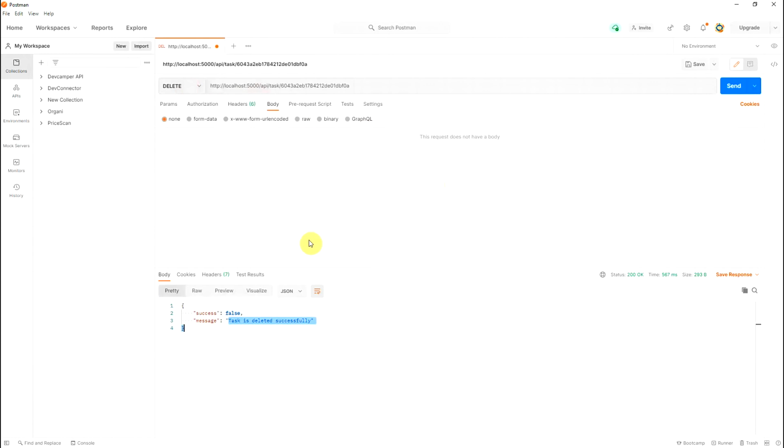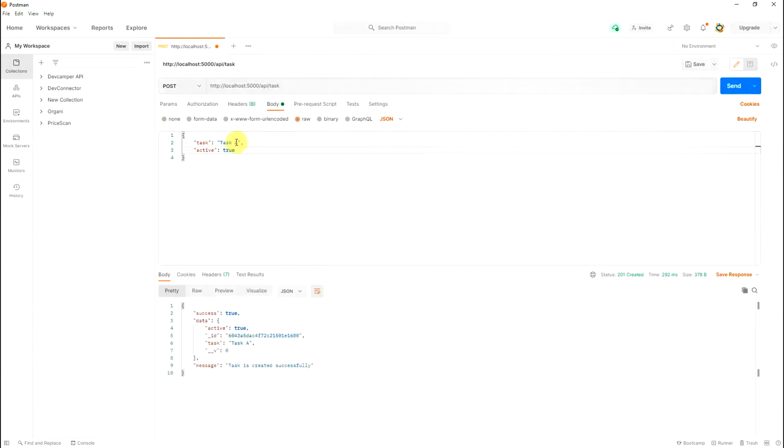Like first we create one task, then update it, then delete it. So in our database there are no tasks, so we need to do it from the beginning. First we will create one task. So this should be task A, and active true, send.